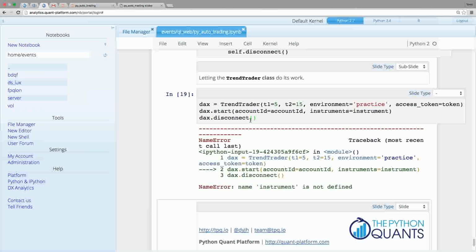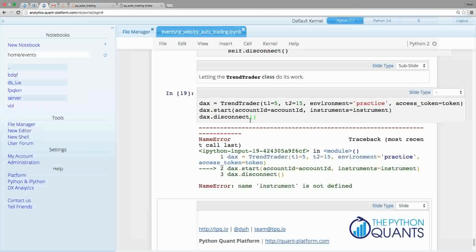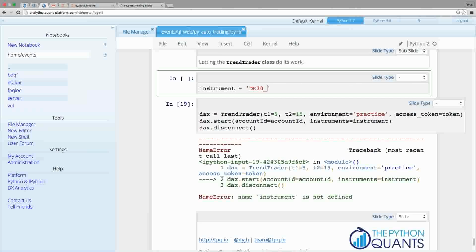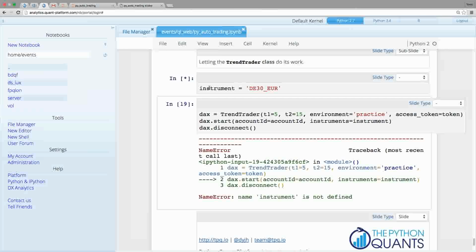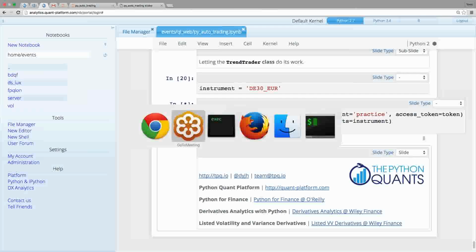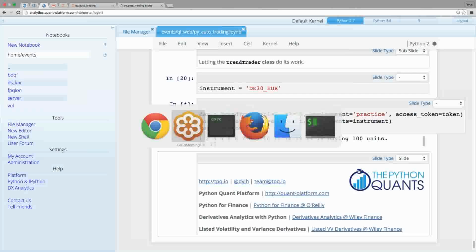Actually, our instrument is not yet defined. I can simply define my instrument here. This was defined previously in the other part. So now we have our instrument defined, and you see now the class running, and you see tick by tick we get a printout. You see the first 4 have been rather quick, and I will show you later on. Now it is collecting the book, and I'm just quickly skipping to